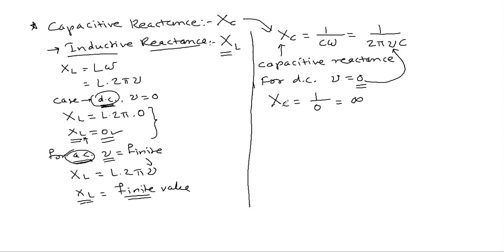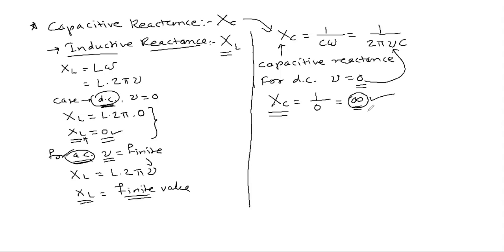So children, what does this mean? It means that capacitive reactance, one sort of opposition to the flow of current in case of the purely capacitive circuit, when the capacitor is connected to the alternating voltage. So Xc is equal to infinity here. What is the meaning of that? The meaning is that the resistance in case of a capacitor is infinite.